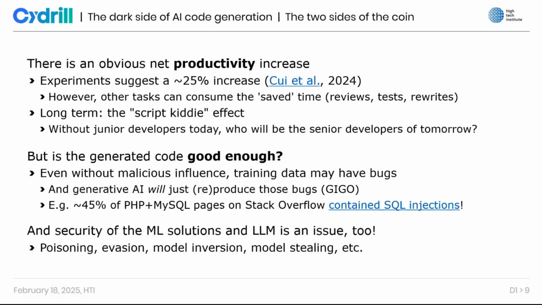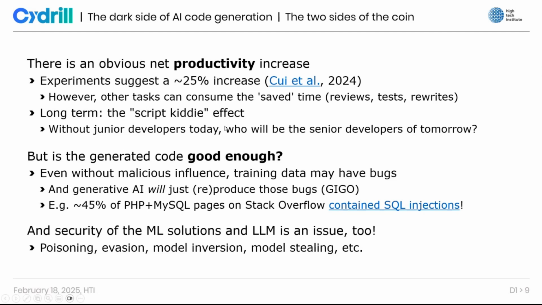So in security, we have a negative term called a script kiddie. A script kiddie is a kind of hacker who only uses tools made by others, doesn't understand how those tools work, but still uses them to hack into systems. And because they never have to understand how those tools work, they will never advance their skills, and they will never become actually good at hacking.